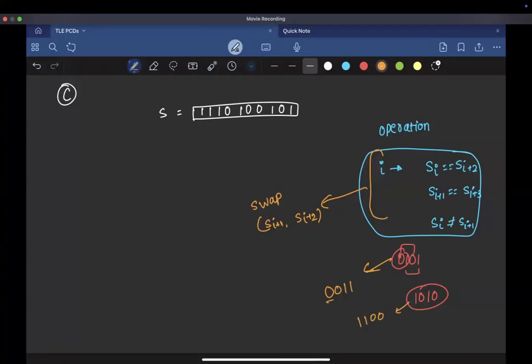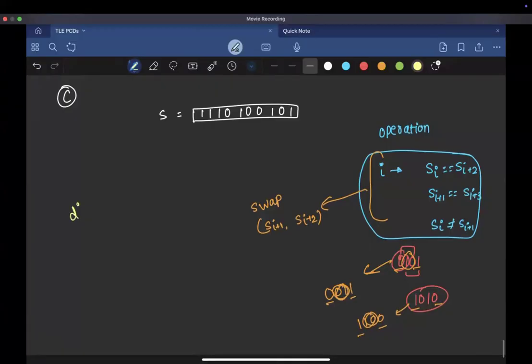The first and the last characters of these substrings are still the same as they were earlier, but the middle characters have been swapped. We have to tell what is the total number of distinct